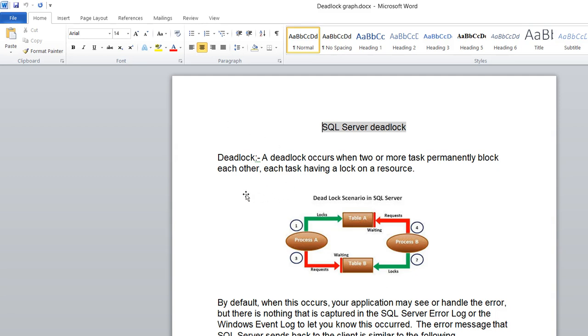If you focus on this table, I have covered it already in my last session. I am explaining again. Here we have table A and table B, and we have process A and process B. Process A is accessing table A and process B is accessing table B. At the same time, vice versa, process A is trying to access table B and process B is trying to access table A. So here one cycle is created, right?